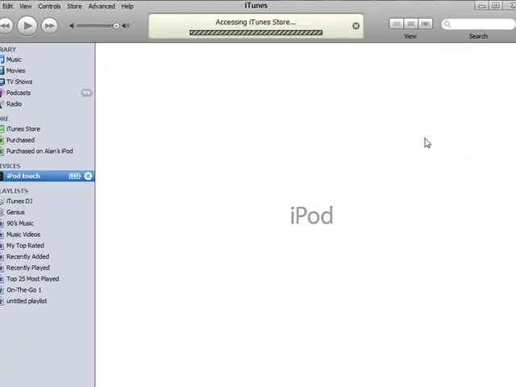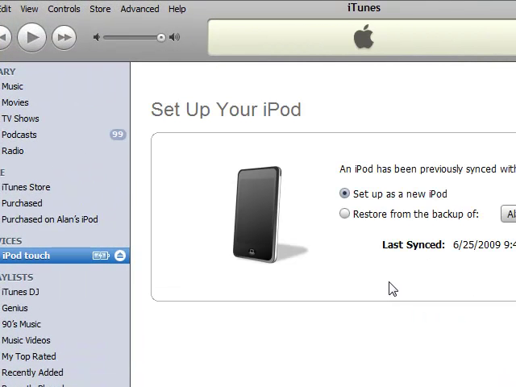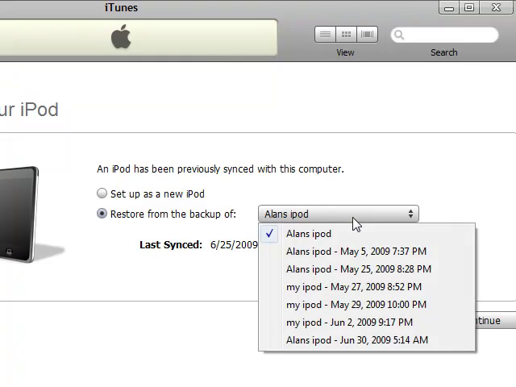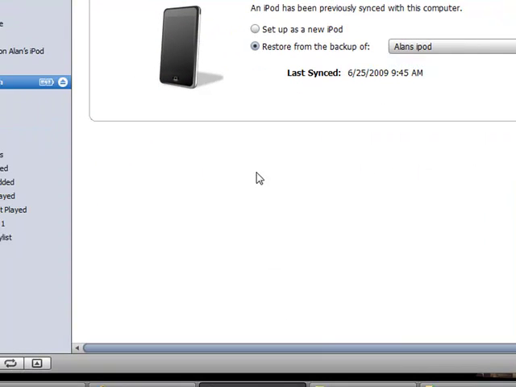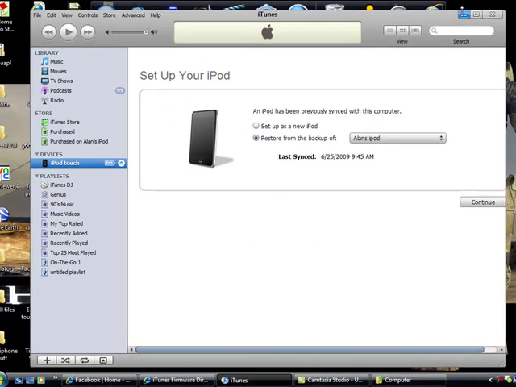Okay, now at this point the firmware has been updated. It's not jailbroken yet, and don't even worry about this right now, because you have to jailbreak it and you'll just have to do it all over again. So I'm just going to minimize this,